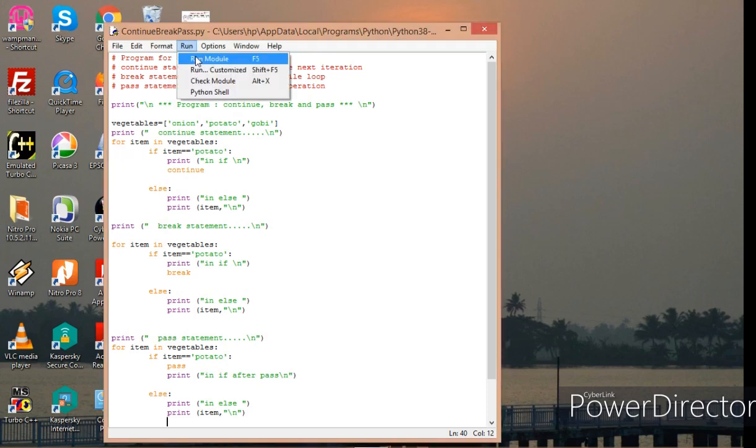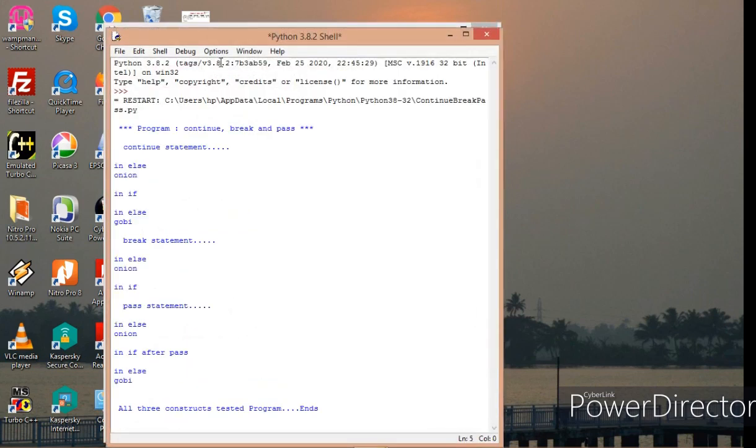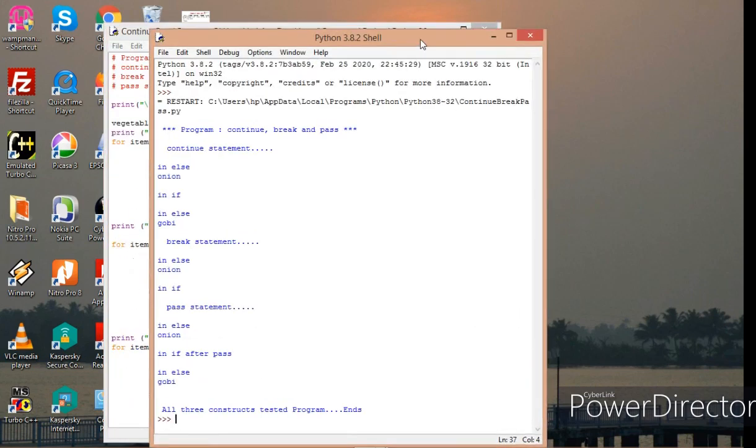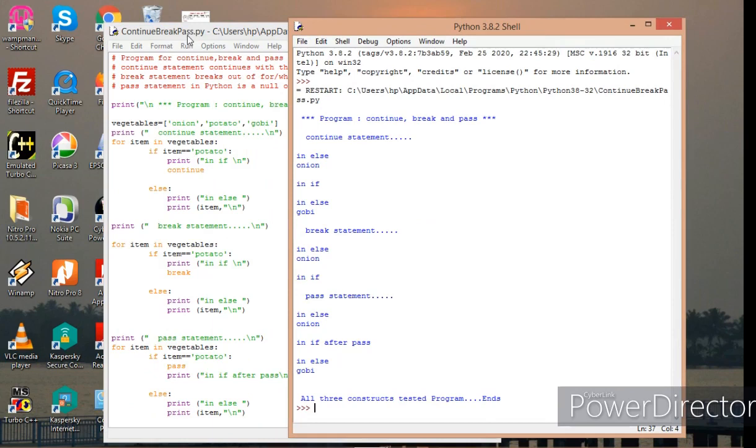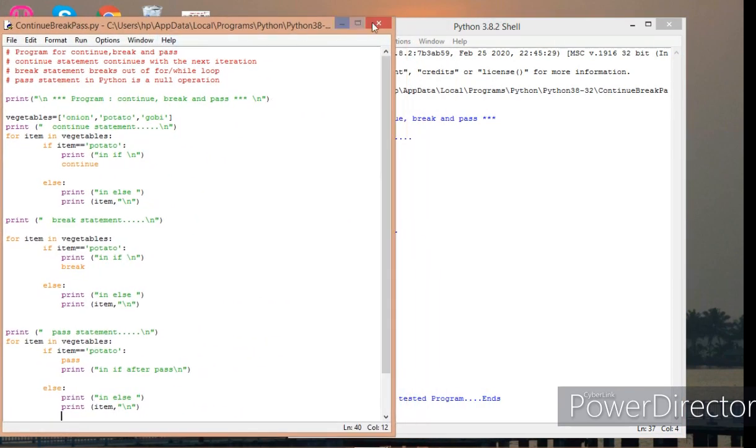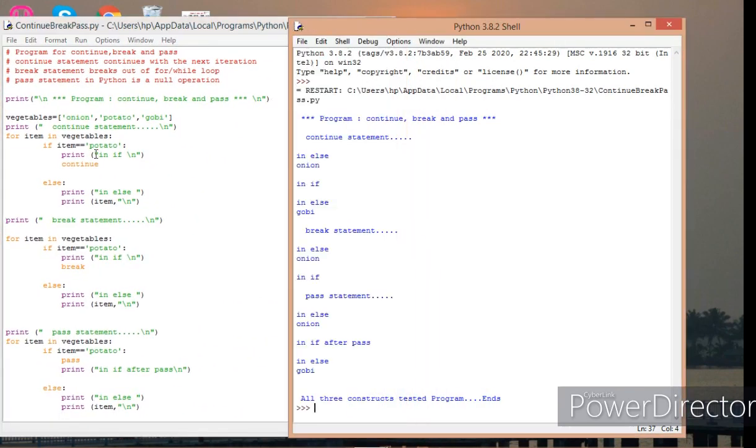So I have here, I'll execute this program. So it is checking each and every statement in this. Here I have declared one list, vegetables, which has got three elements: onion, potato and gobi.